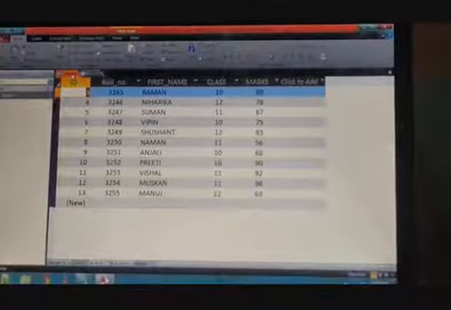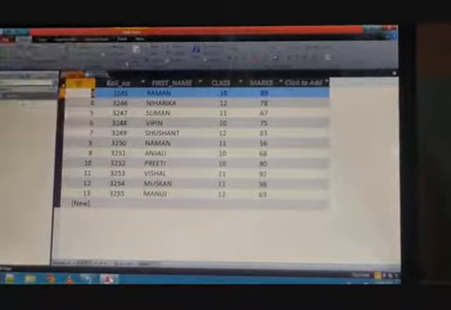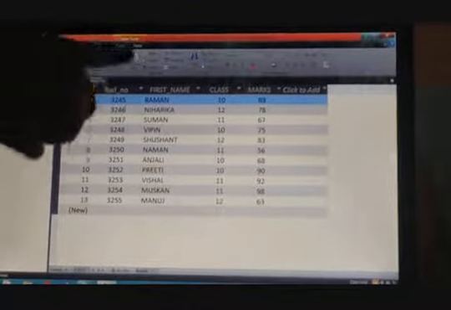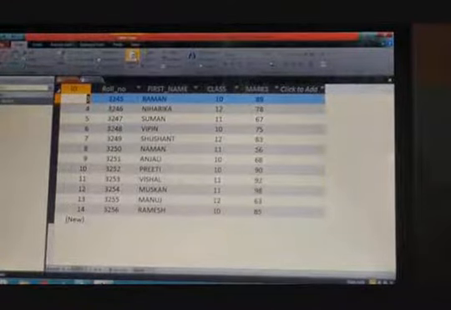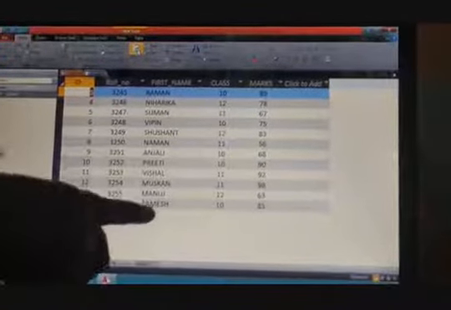Now you have to click on the refresh button. Our new record for Ramesh is not displaying, so we have to refresh it. You can see that after refreshing this table, a new record for Ramesh has been inserted successfully.